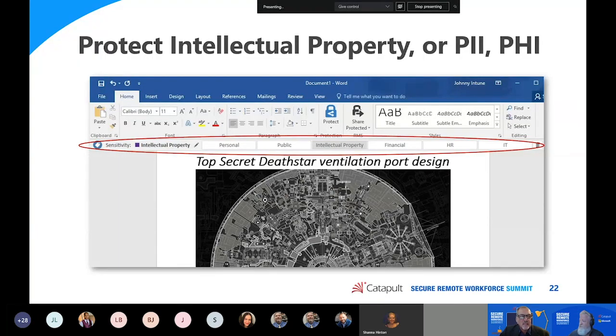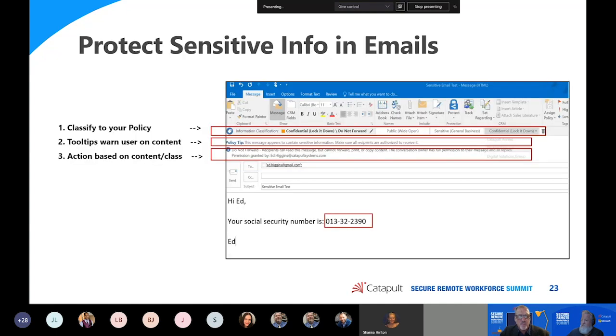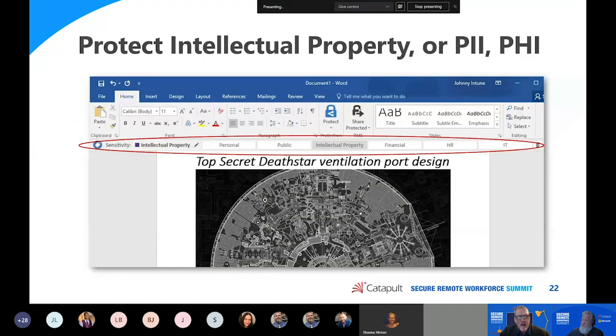If you hit the space bar within your productivity tools, Excel, email, you have this ability to tag a document and involve your user community in the act of tagging that. You can also automate it wherever I see a social security number, or even in this Death Star, a little bit joking kind of thing, but say it is intellectual property. And I know that I'm in the Death Star manufacturing business. It's my company. And so anytime I have the word design adjacent to ventilation, I can build a string that allows me to say, anytime I see that, I want to put a safeguard and automatically encrypt that and tag it as intellectual property. That's super easy to do.